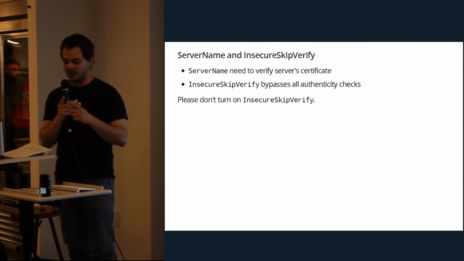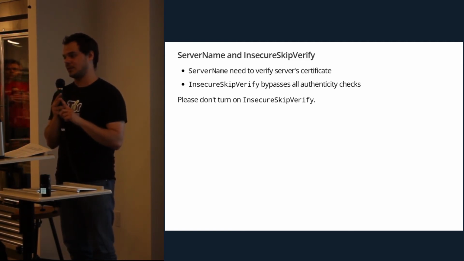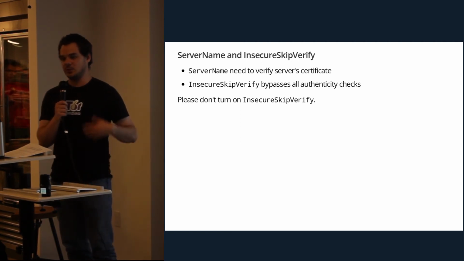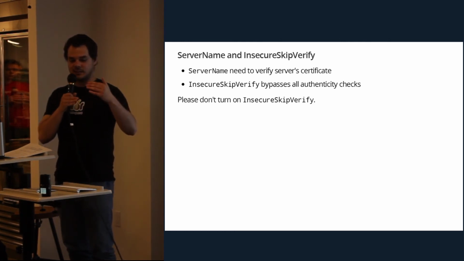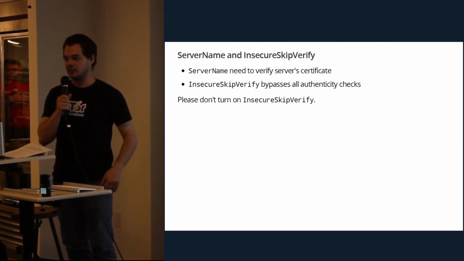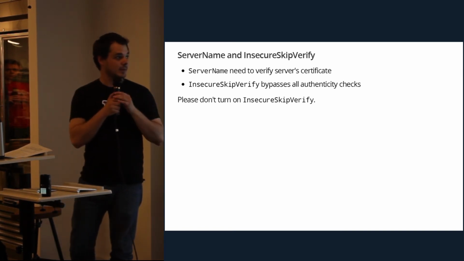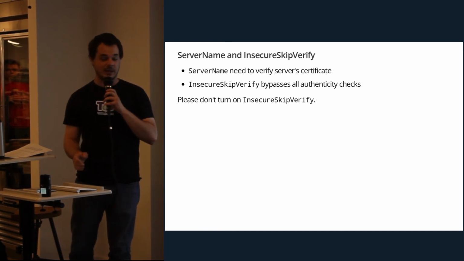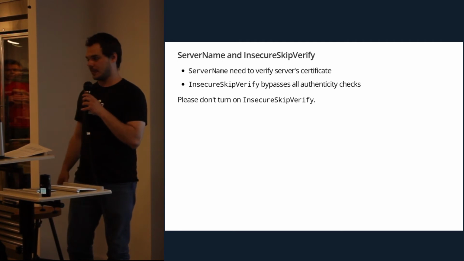So great, if you remember from the beginning, we have integrity and we have confidentiality, but what we don't have is authenticity. So you don't know that you're actually talking to the server you think you're talking to. So you are opened up to things like man-in-the-middle attacks, where I can basically sit in between you and Gmail and proxy things out and read your email, or maybe get a password reset email. You get into some other things, like your bank account. So don't do it, because it's really easy to leave it on in production.